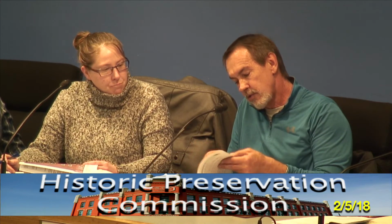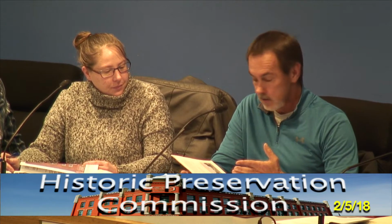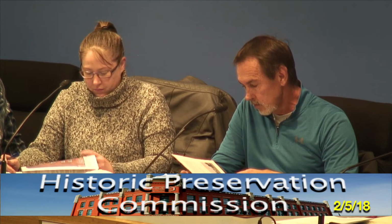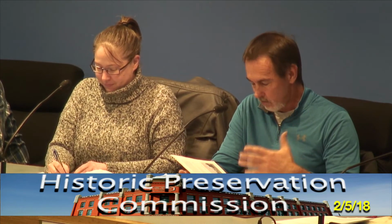Some parts are on storefronts. I tried to mark these. I wish I had those little stickum things that you use. It also says it's generally recommended that design decisions be based on historical documentation, which would include photographs and other historic documents. I know good signage is probably all a matter of taste, but when you look at it in context to the historic district,